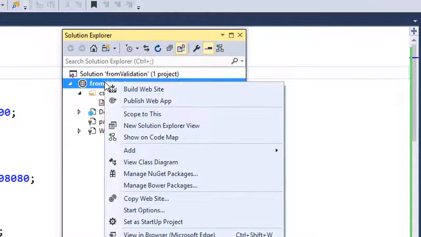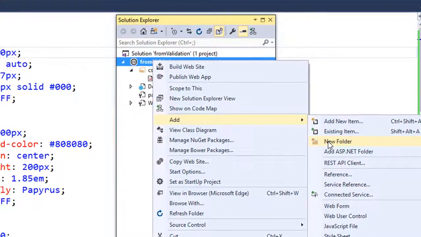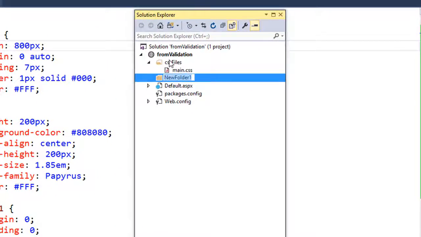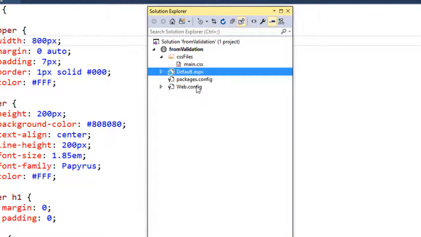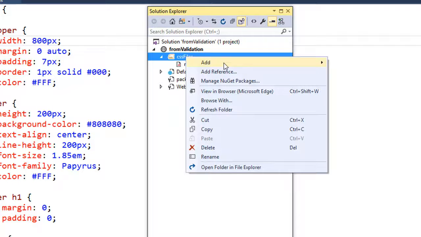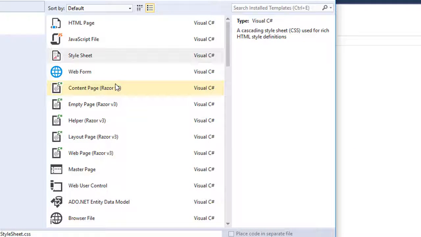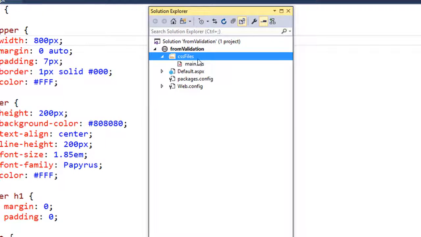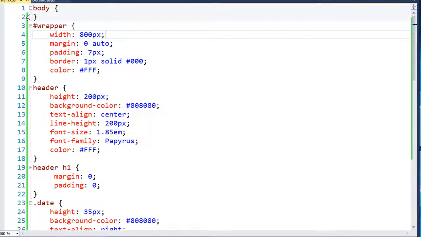To do this, you right click on the application and then add a new folder, and I named my folder CSS file. Then once I did this, I added my CSS file. To do that, I right clicked on the CSS files folder, added a new item, and that new item is the style sheet. So I ended up with this style sheet that you see in here, but it was empty except for the